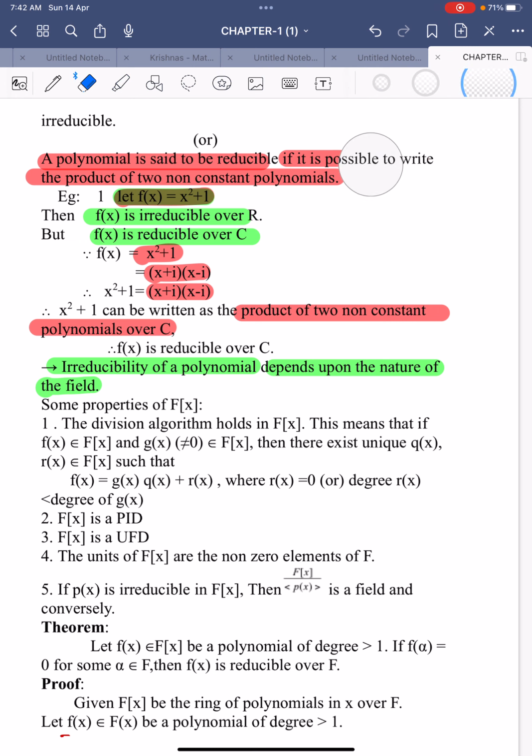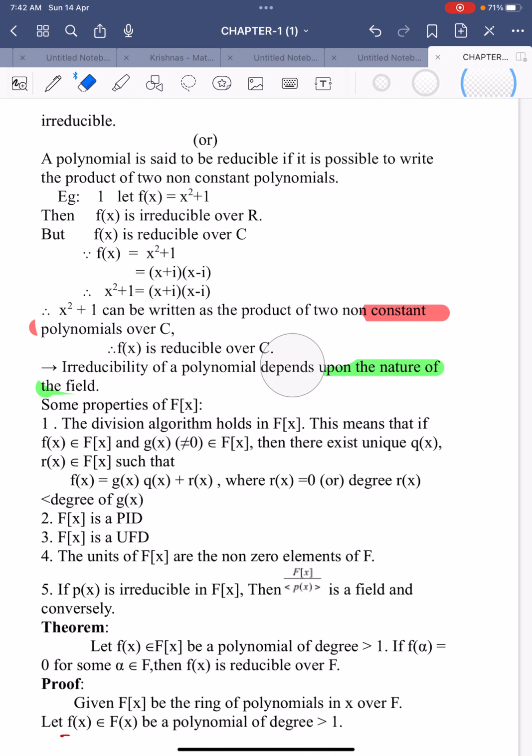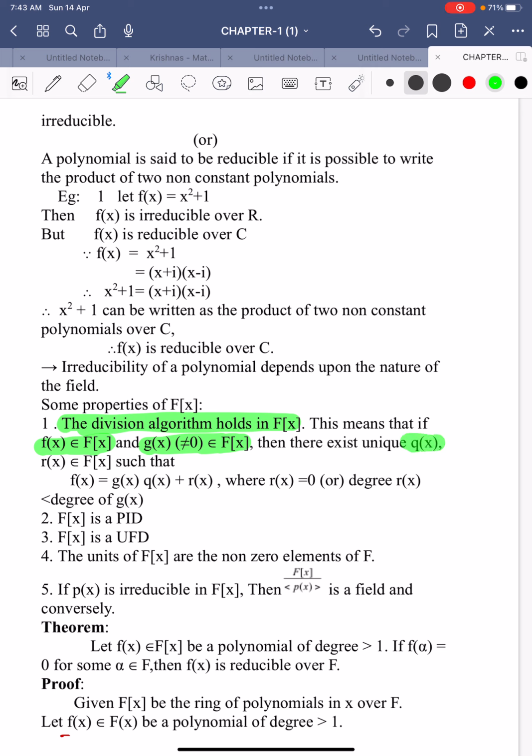And let us see some important properties of the polynomial ring capital F of x, which are very important for our next theorems and definitions. First one, division algorithm holds in F of x. Very important. Division algorithm holds in the polynomial ring F of x. This means that if f of x belongs to F of x, and g of x not equal to 0 belongs to F of x, then there exist two unique polynomials q of x and r of x belonging to capital F of x, satisfying the condition